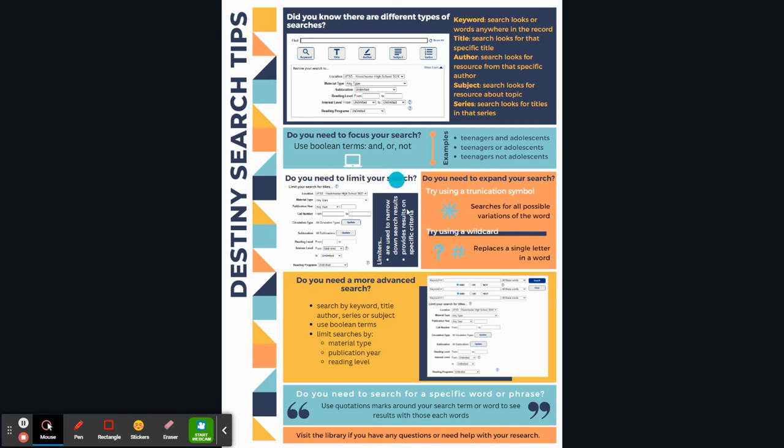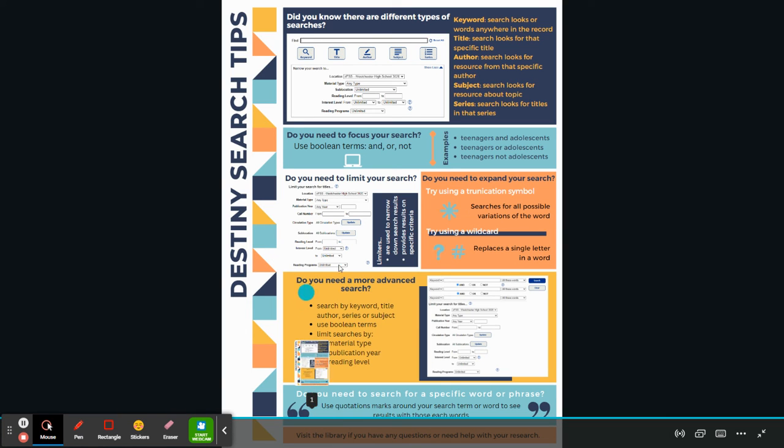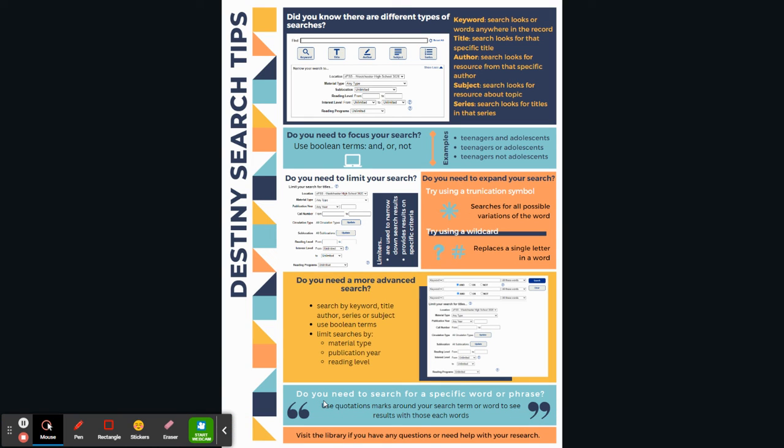How do you limit your search? How to use the limiters and what would they do? And then you can use an asterisk, a truncation symbol, or a wild card. They both do different things. So explore it, try it out. Again, research is all about trial and error. See what you can find. How to do a more advanced search is right here. How do we use it? And that's that screen that we were using earlier. And then specific word or phrase, put quotation marks, and it kind of looks for that, narrows it down, encapsulates